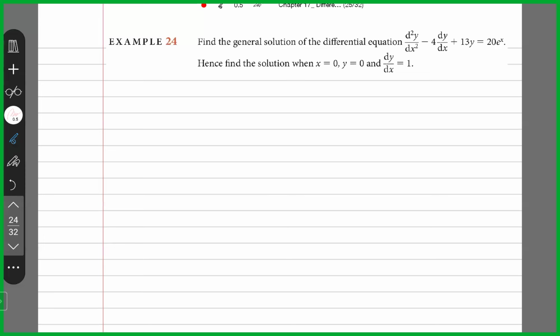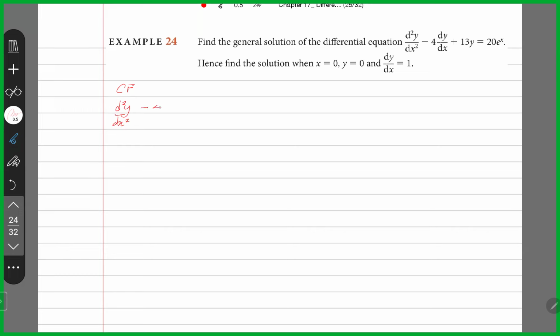All right, example 74 says, find the general solution of the equation d2y by dx squared minus 4 dy by dx plus 13y is equal to 20e to the x. All right, so we're solving. First, let's find the complementary function, which is the solution of d2y by dx squared